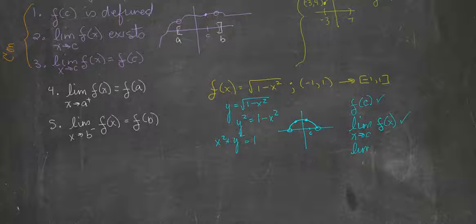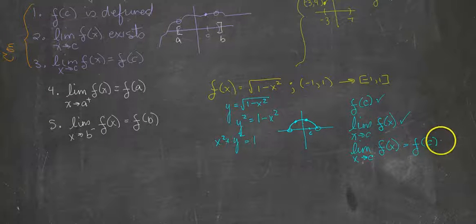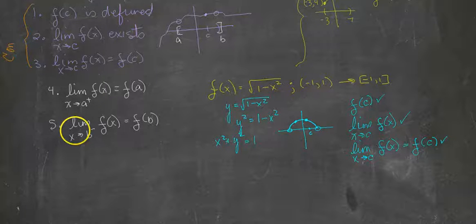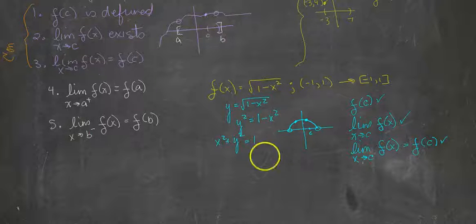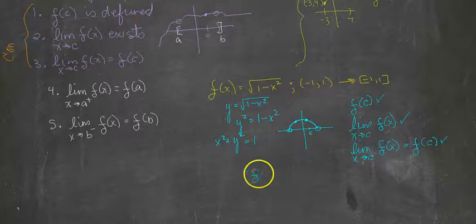So the limit as x values approach c of the function of x equals f of c. All right, so now we've shown that it's continuous on the open interval. Now we just have to test the endpoints to see if it's continuous on the closed interval. So let's plug in f of negative 1,